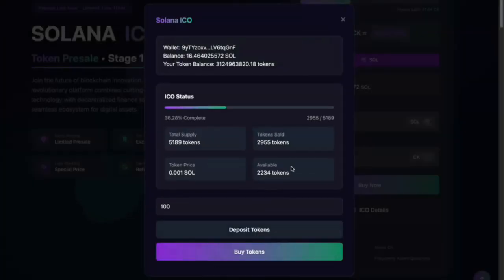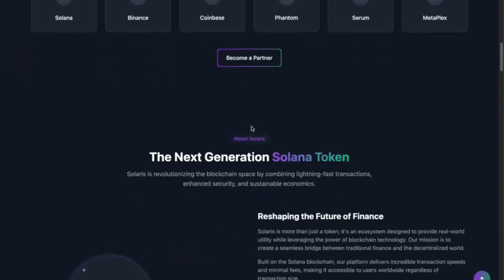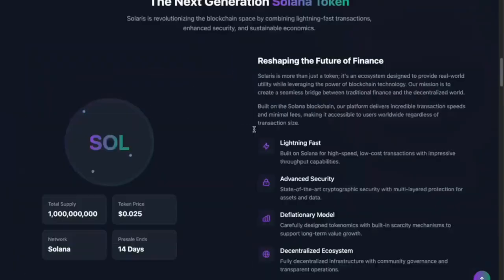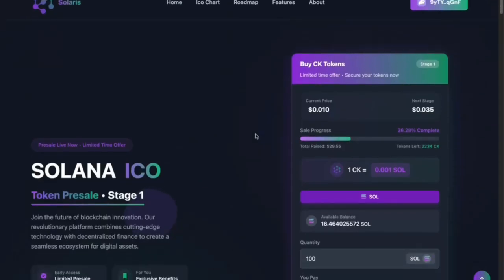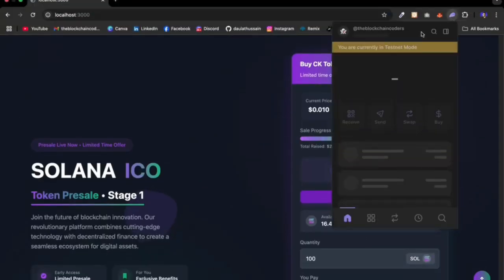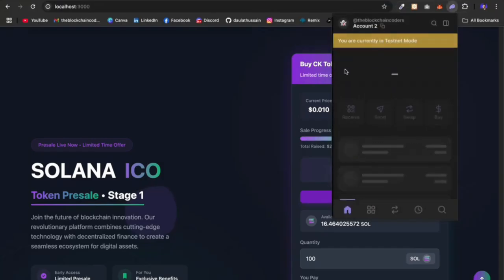So that's how you can deposit the token into the ICO contract as an admin. I hope you have understood what features we have included. Now let me show you and make the transaction from the user point of view. So I'll simply come back here and change my account to account 2,